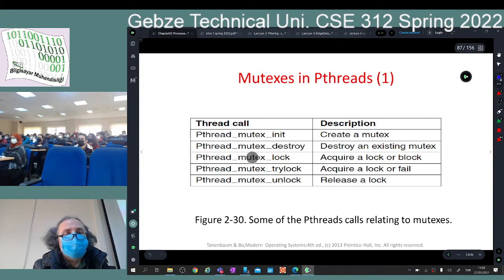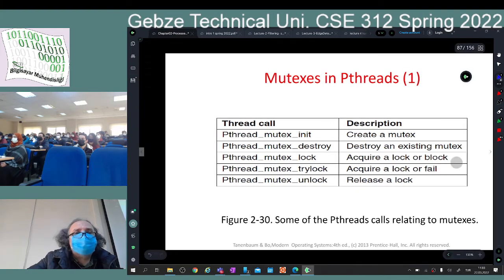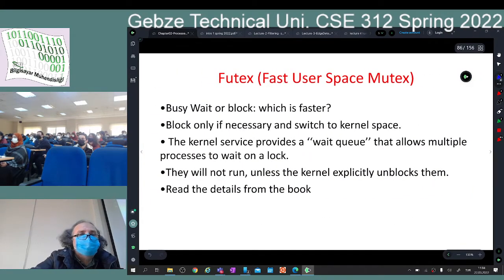So this one, when you call it, you will get the lock one way or the other, maybe after a long wait. But this one will immediately return. Either you get the lock, or it will say, okay, I'm returning -1, you didn't get the lock. So do whatever you want. You don't get the lock, maybe you want to do something else. Maybe you are going to run into a spin lock. Maybe you will do something useful else. Maybe you try to solve this problem somewhere else. So this is try lock, and that's what I am talking about here. I am solving this problem